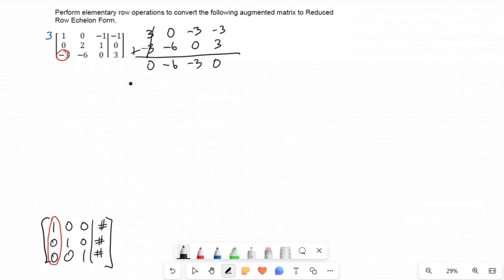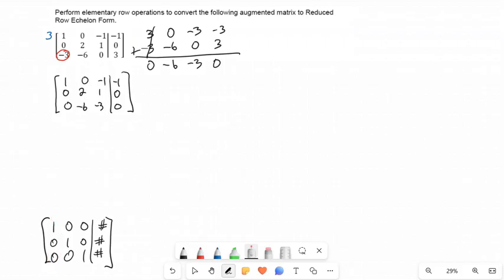Okay, let's update this matrix. The first one was perfect in comparison with the first column that we're trying to make. The second one was perfect. And we're going to replace the third one with this new one we just made. And we just got that much closer to where we're headed. Next up,